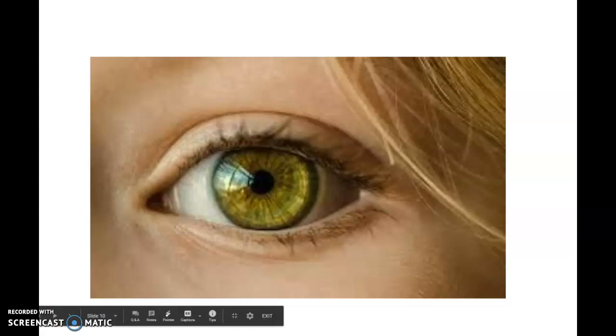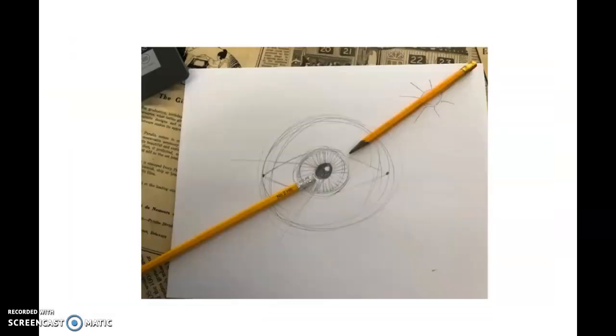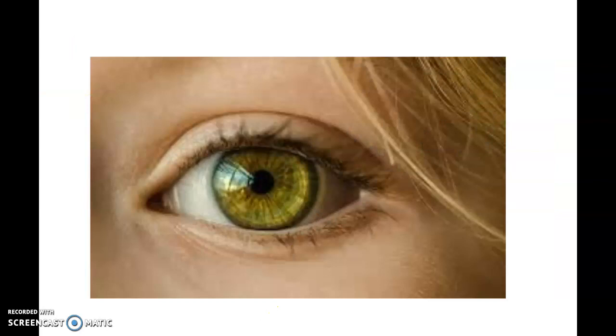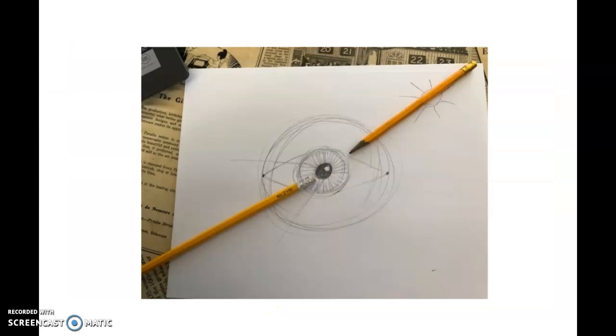So here we've got a good example of light hitting a pupil, and you can see on the left side of her eye, the light is shining in and creating a white spot, but then on the right side of her eye is her iris reflecting the color. Again, here we notice that the light is coming in and it refracts over the eye. That's important to know because when you are drawing your